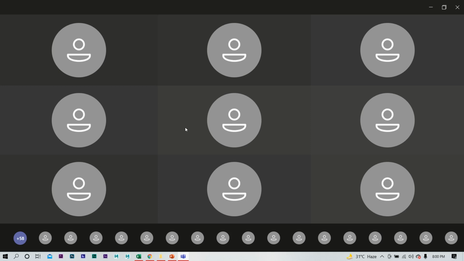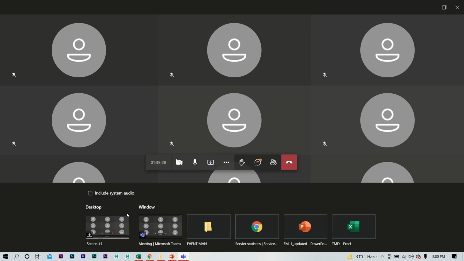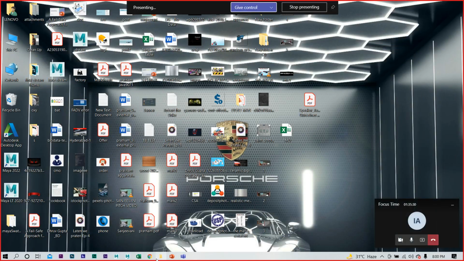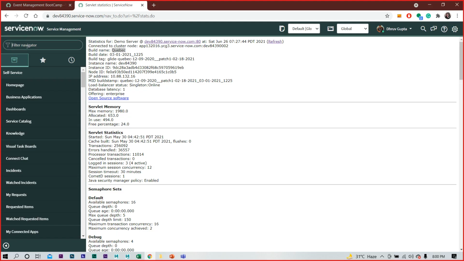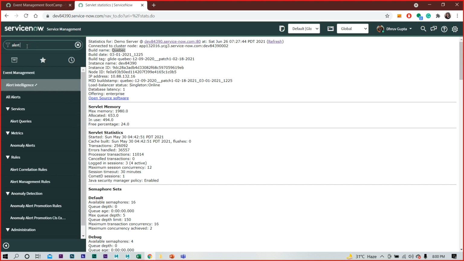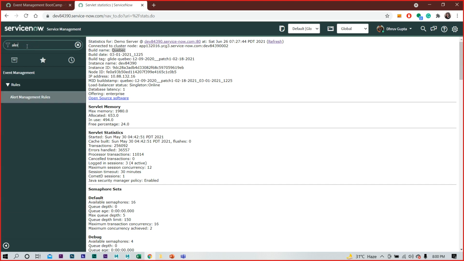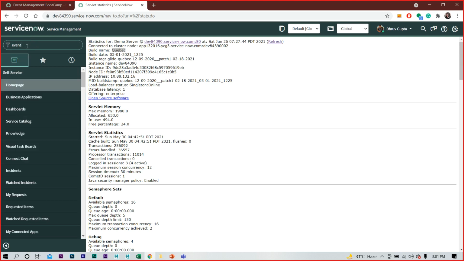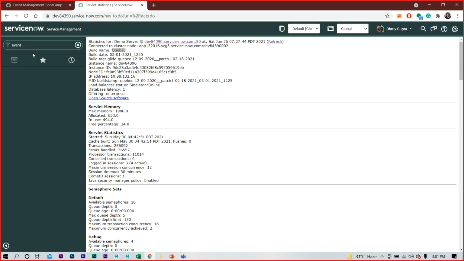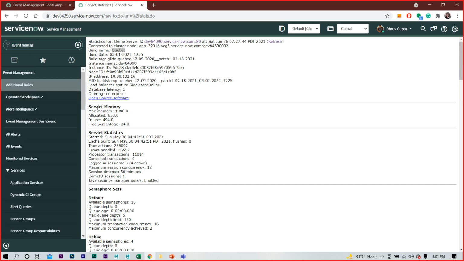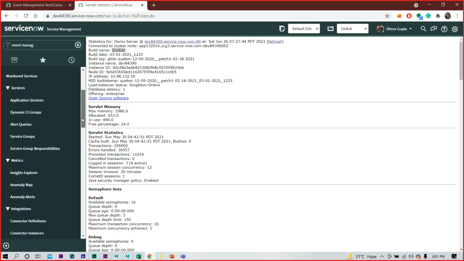Once you are getting all the events in your system, then a machine learning job runs. I can show you the properties and how it runs. We have implemented that. Let me look for the alert correlation in event management. It should be under properties somewhere.